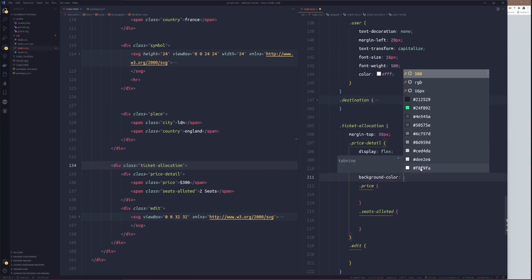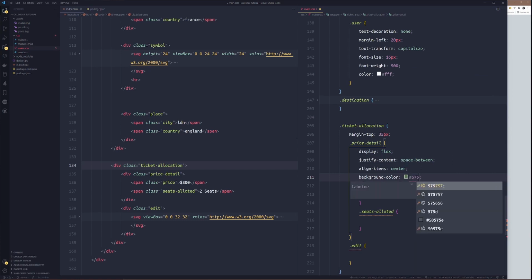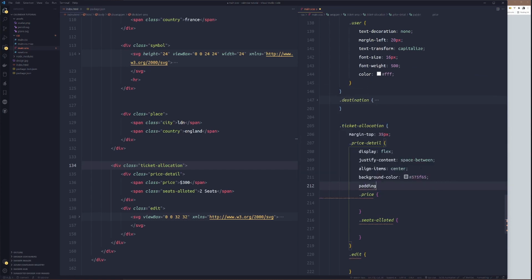So background color, we'll set the background color to ash, 57 5F 65. Then we'll set the padding. Top could be 14 pixels. That's top and bottom, while the left and right could be 18 pixels.